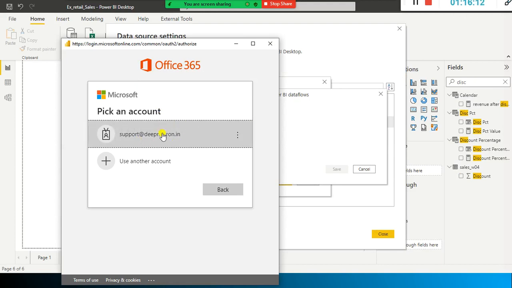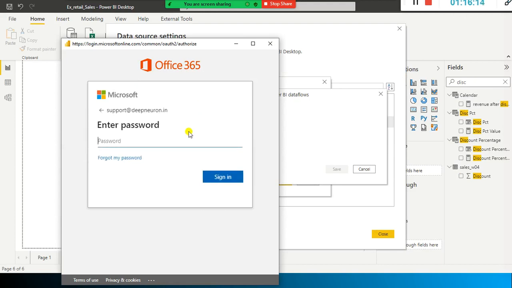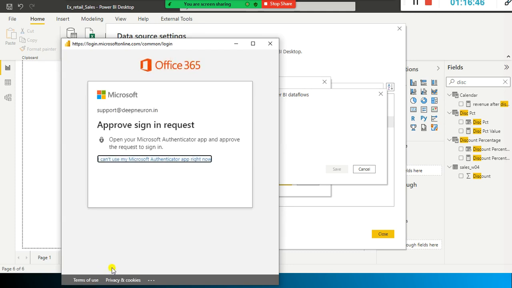Okay. Look here. In this case, I'm going to connect to, see, now you create the dashboard. So you create the dataflow on the cloud, and then you apply all the steps that are required to pre-process your data in a centralized place. So now let's say I'm a developer, I don't have to pre-process the data again. My manager says, hey, the pre-processed data is already available, you need to use this one, it's already documented. So what I'm going to do is connect to the cloud and then import that one. Here with Microsoft, you need to have the Microsoft Authenticator, and you need to approve it from your mobile phone.